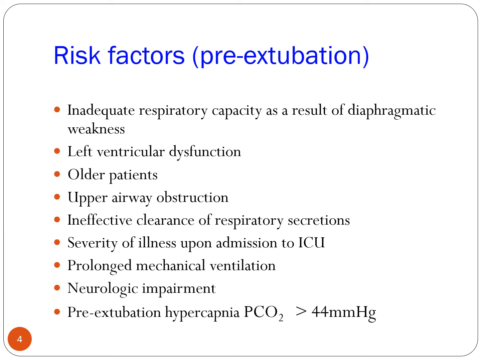Also, the longer you're on a ventilator, the greater the likelihood you're going to have upper airway obstruction. Upper airway obstruction and inflammation can be readily determined by just deflating the cuff and listening for air to escape around the endotracheal tube. Also, as a result of diaphragmatic weakness and muscle weakness, they might have an ineffective clearance of respiratory secretions.